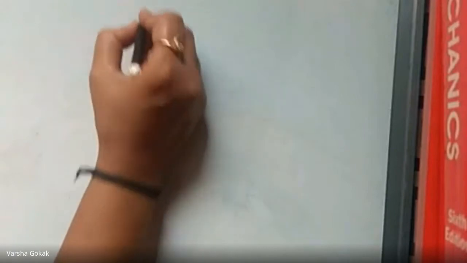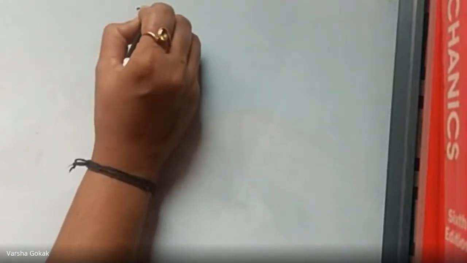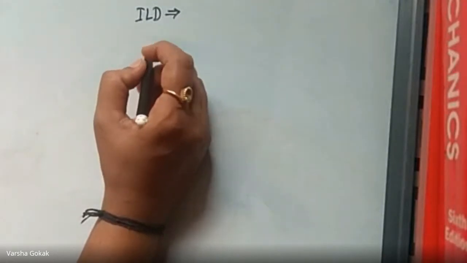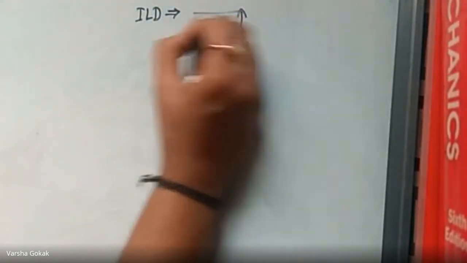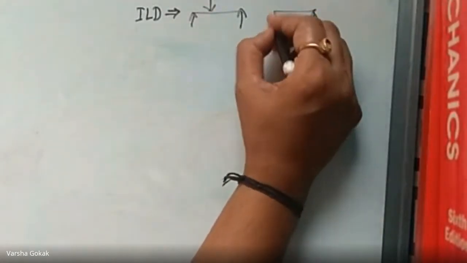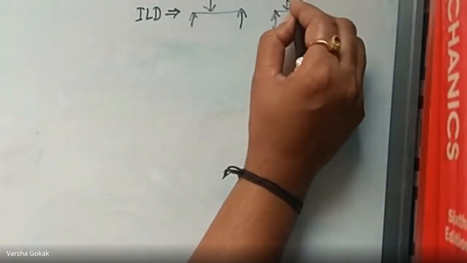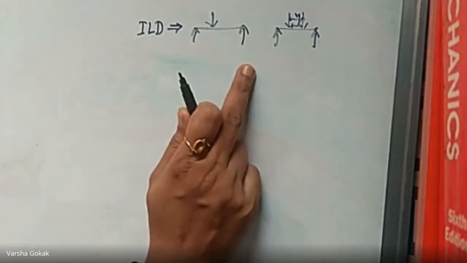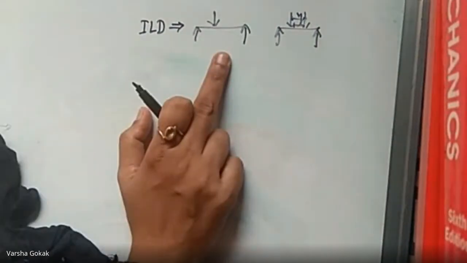Good morning, everybody. We have taken up numericals in the last class related to influence line diagrams when the beam is subjected to a single point load, or when the beam is subjected to 2 point loads with a definite distance y in between them. Right? We have seen numericals related to this, and today the standard case for this looks like a